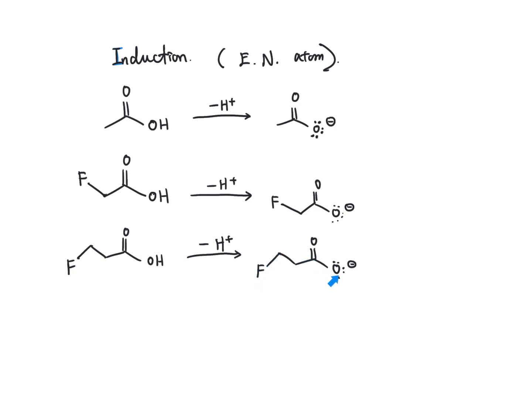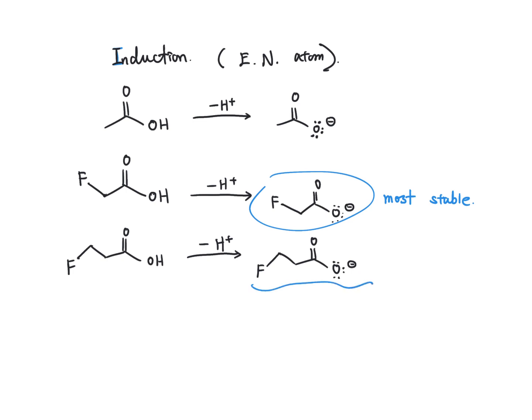So it can still induce that attraction to draw the electron toward itself, but because of the distance, it will draw a little weaker compared to the second one. So because the induction comes from the electronegative atoms, the second conjugate base is the most stable one,